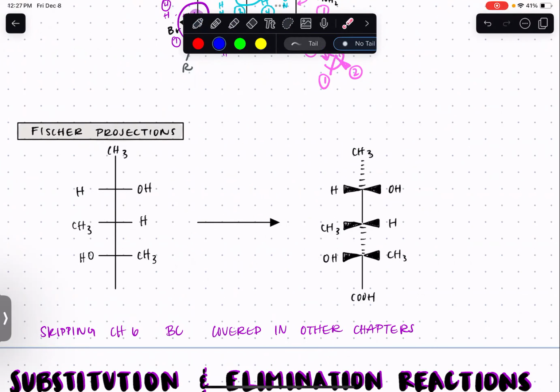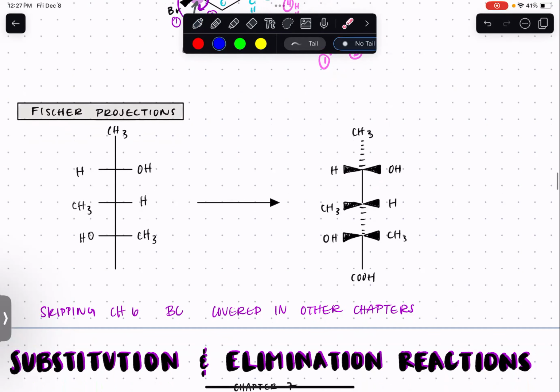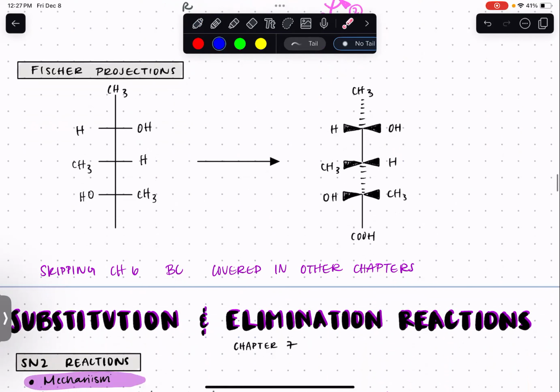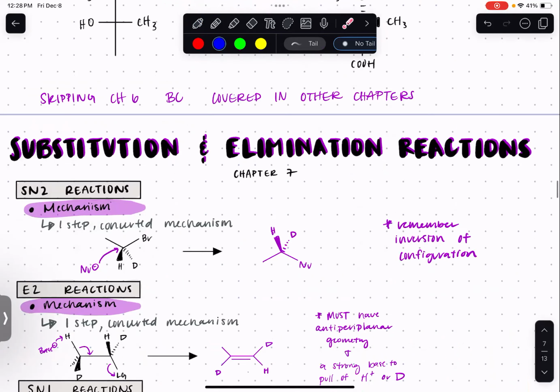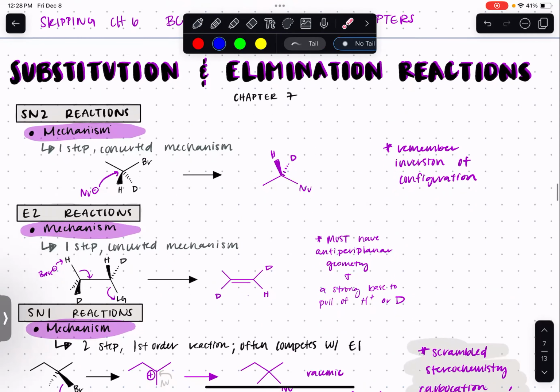Okay, so then on to substitution and elimination reactions. I'm skipping chapter 6 just because all the stuff in there was covered in the chapters after it. So in order for you to understand chapter 7 and chapter 8, you have to understand chapter 6. So we should understand all that stuff in chapter 6, kind of by default. But chapter 7 was about substitution and elimination reactions. And we had 4 that we really cared about, which